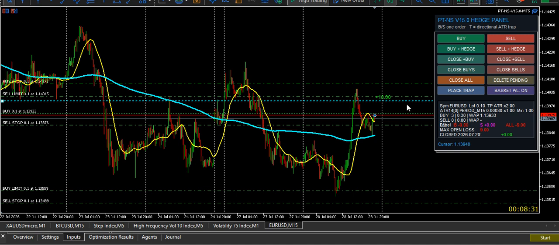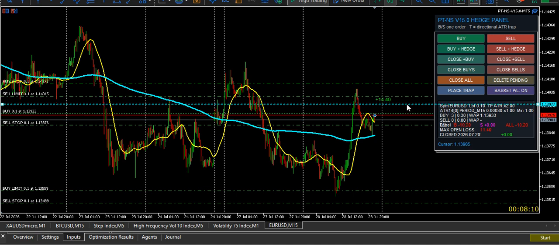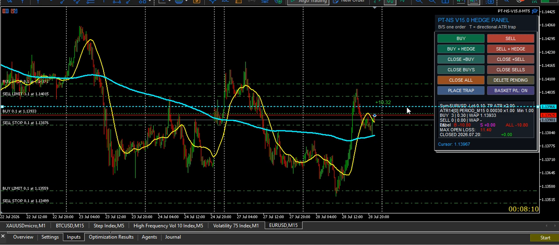And this is where I went wrong. Like if I pull this line down, watch now. If I pull it down and I go below that buy, it will close it even if it's a loss. So I'm gonna drag it down. You just hold your mouse and drag it down. You can see how the take profit changes.